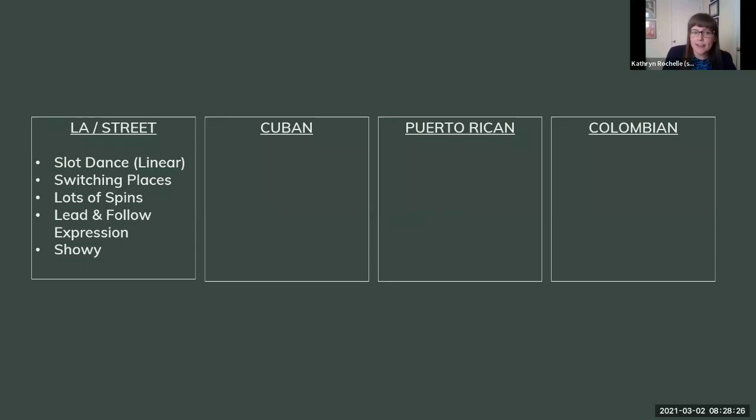And also this style is generally quite showy, quite sexy, a little more performative than some of the other styles we're going to see. I will say this style and a few of the others are influenced by the ballroom world. And that's where we sort of see an influence from that showy, sexy